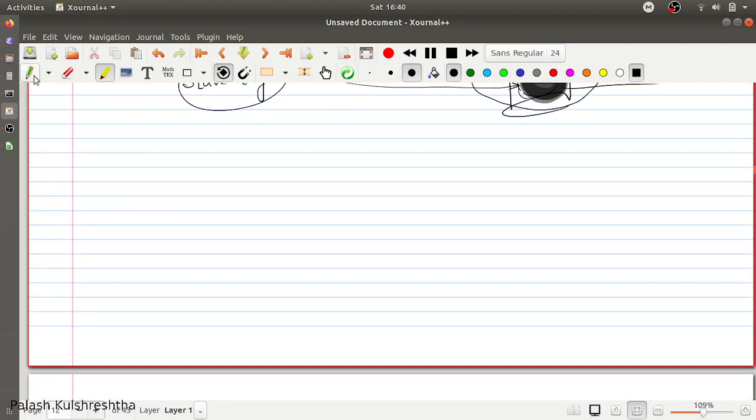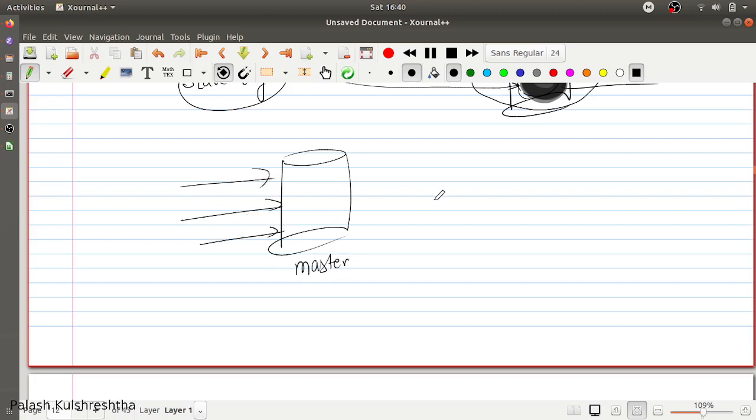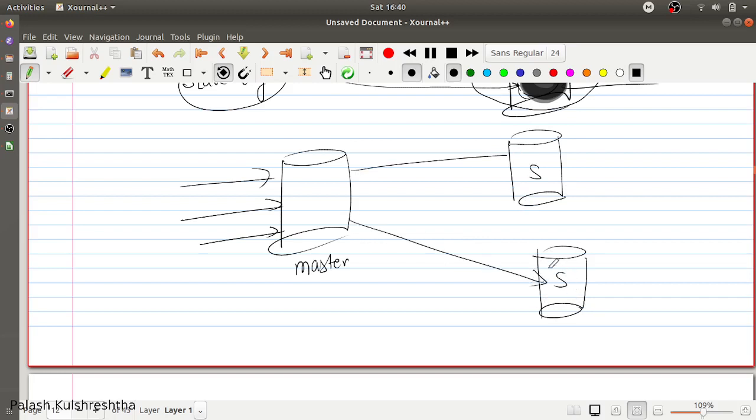So a very easy scenario is we can have a write database called master. In MySQL, we can see that there is master. You can have a master database on which all the writes are coming, and then you can have slave databases which are replicating the data from master so that all the reads are coming to the slave databases.